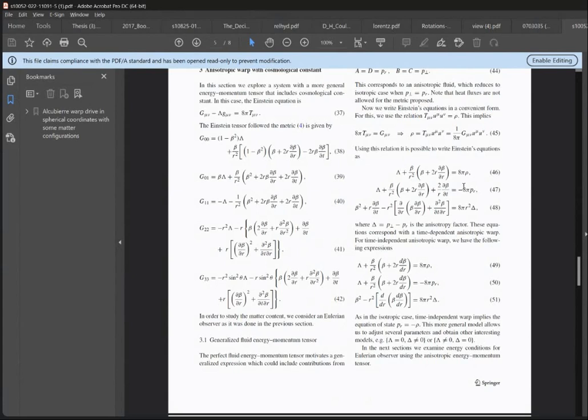And what we obtain is a system of equations, again three, but now with a difference: we have this term here, the radial pressure, and this delta here. This delta is the difference between these two pressures, and it is what we call the anisotropy factor of the system. It tells you whatever you want to know about how anisotropic the system is. This difference could be positive or negative, depending on how the pressures in the system are.